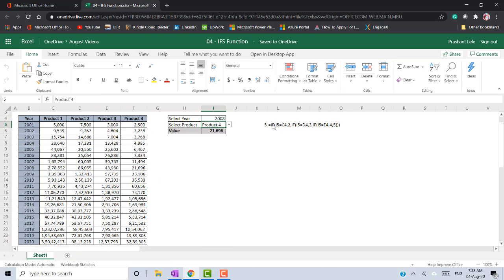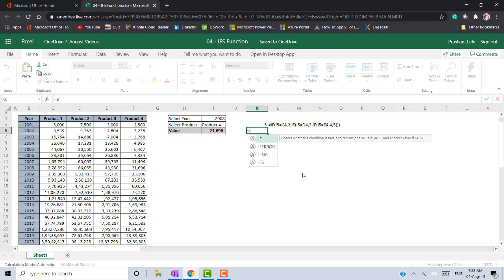Now I'll show you how to achieve the same result using the IFS function. In the IFS function you don't have to use multiple IF functions inside one another. So equal to IFS. See, now IFS is available in the drop-down. If you check in Excel 2016, this IFS function is not available. Since we are in Office 365, I'm selecting IFS.